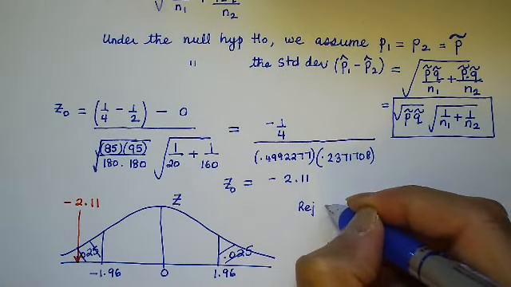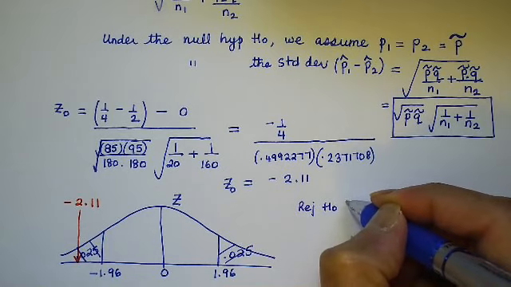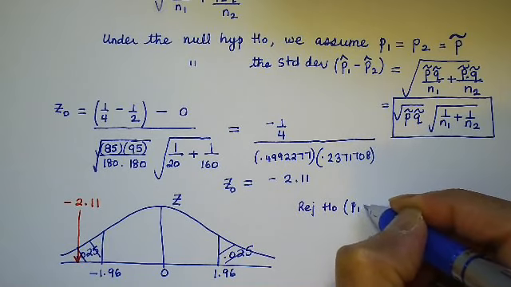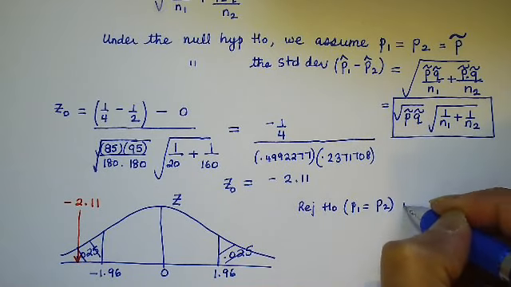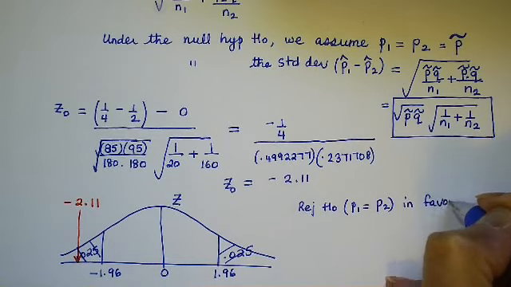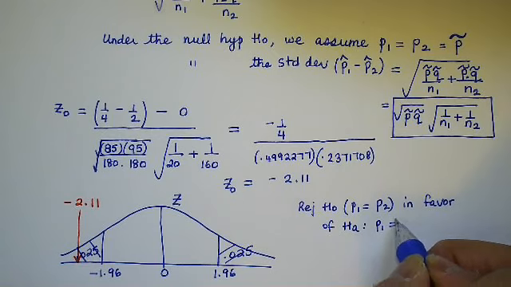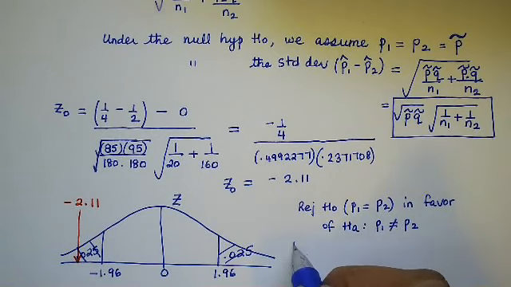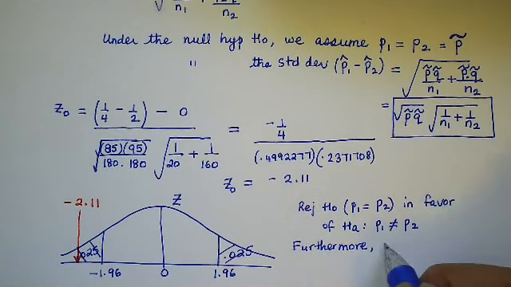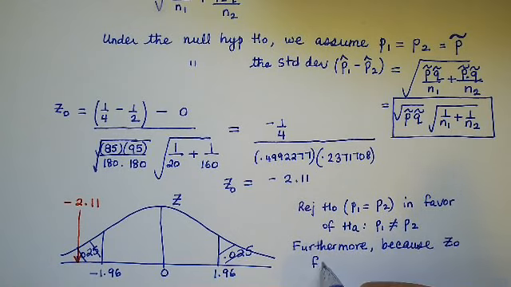And I drop this test statistic in this picture and it falls here, minus 2.11. So my conclusion is reject H0, which said that P1 equals P2, in favor of HA, which says that P1 is not equal to P2, and furthermore,